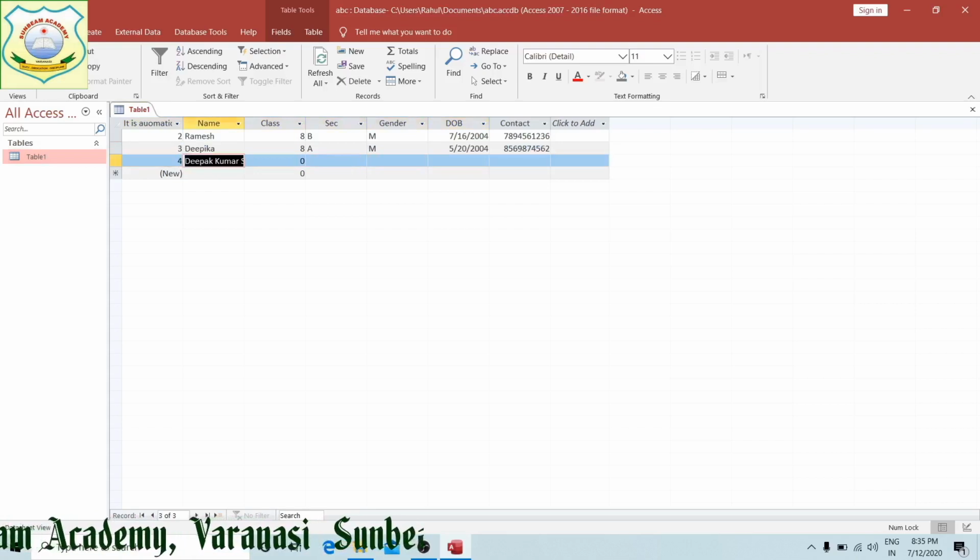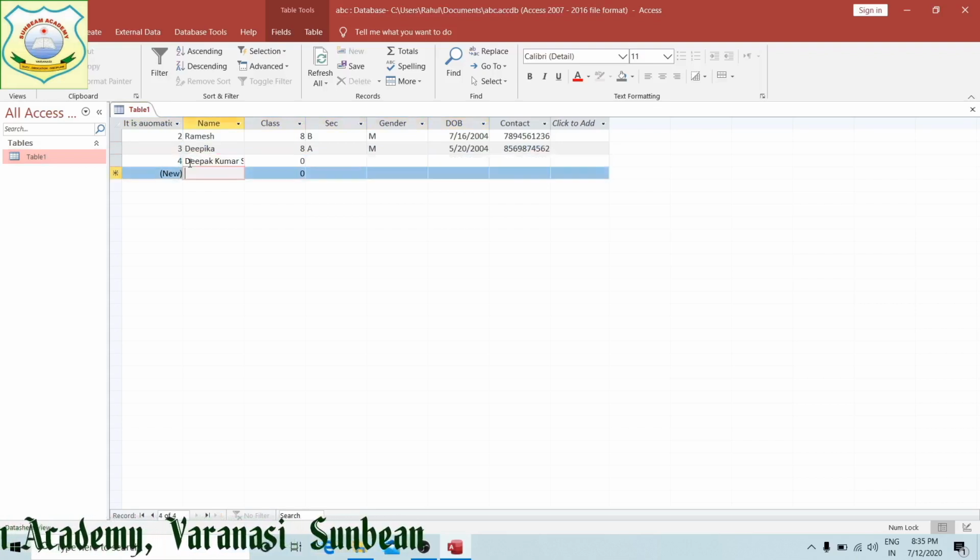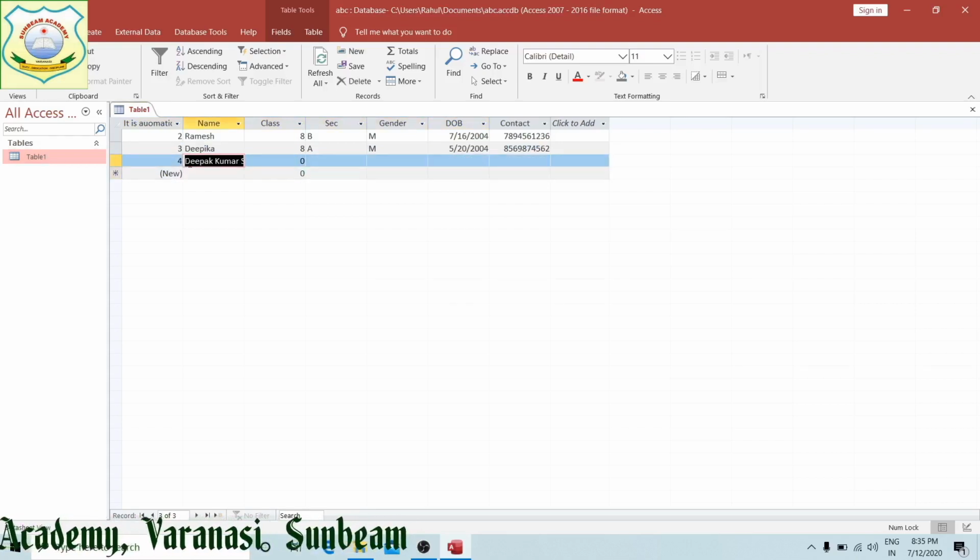I am going to count the number of characters. One, two, 3, 4, 5, 6, 7, space is there, 8, 9, 10, 11, 12, 13, 14, 15, 16, 17, 18, 19 and 20. After 20 it will not take the value.